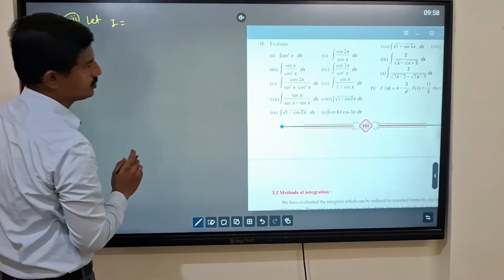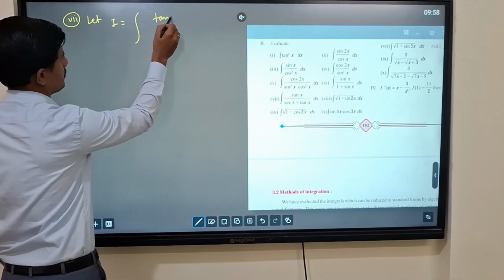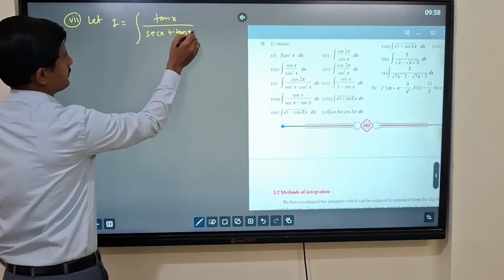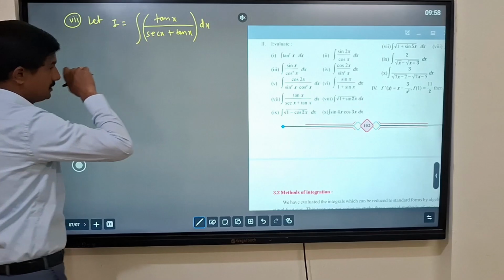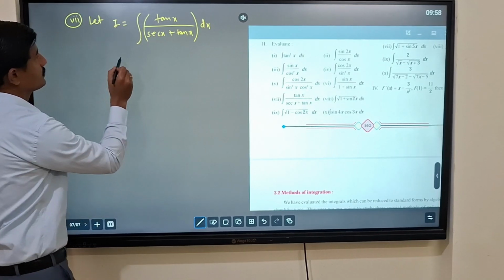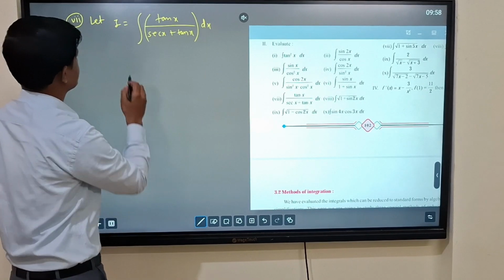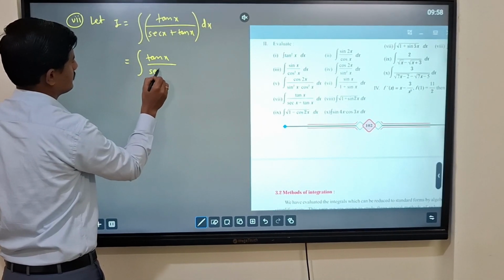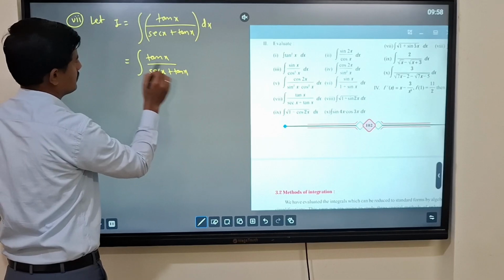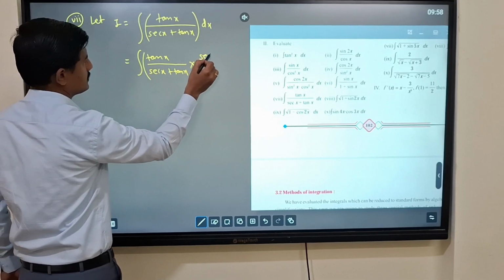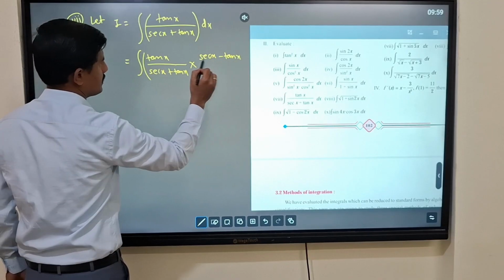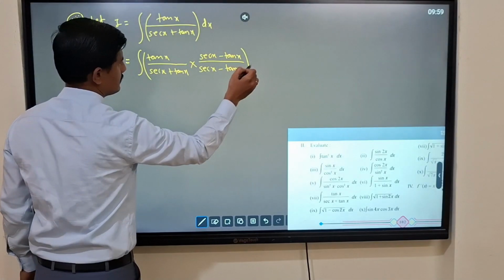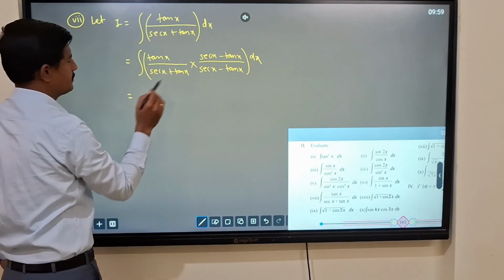Let I equal the integration of tan x upon sec x plus tan x dx. Again we have to rationalize it. This becomes the integration of tan x upon sec x plus tan x, into sec x minus tan x upon sec x minus tan x dx. After multiplying, it becomes